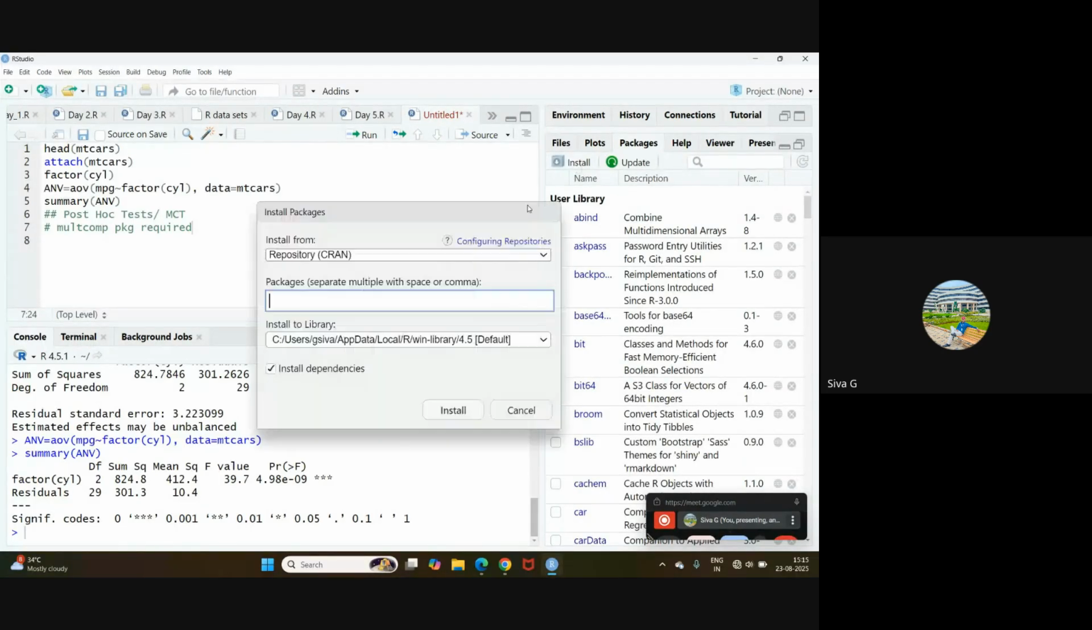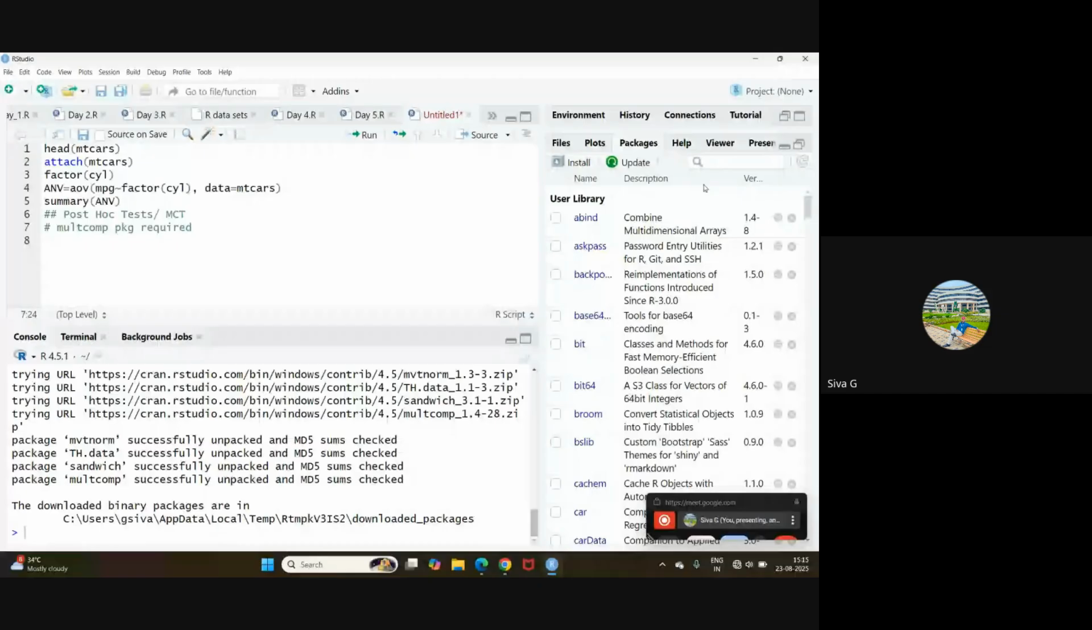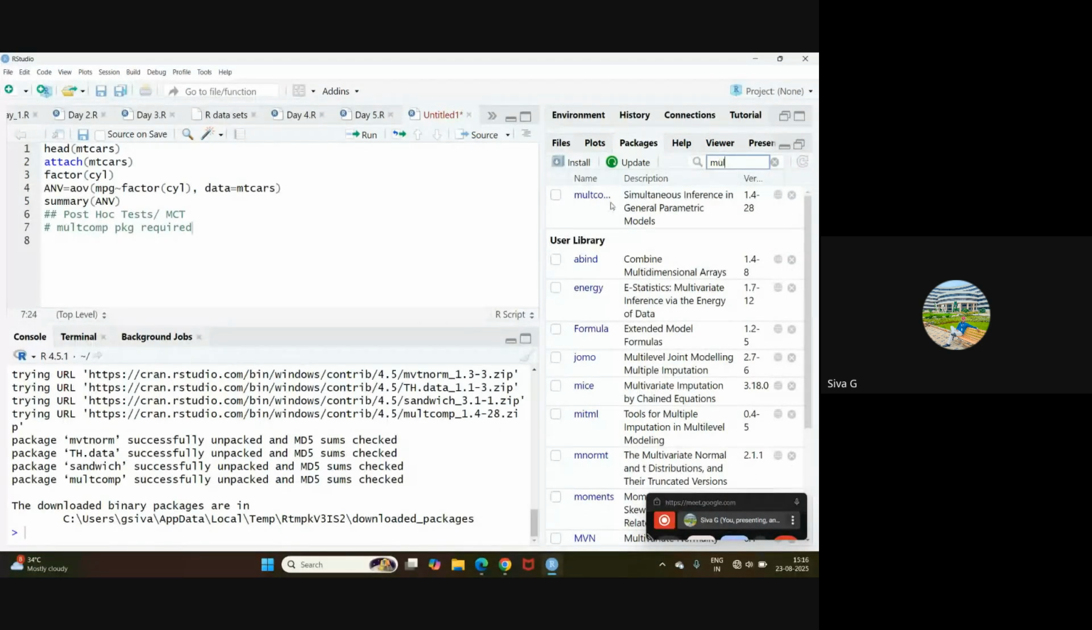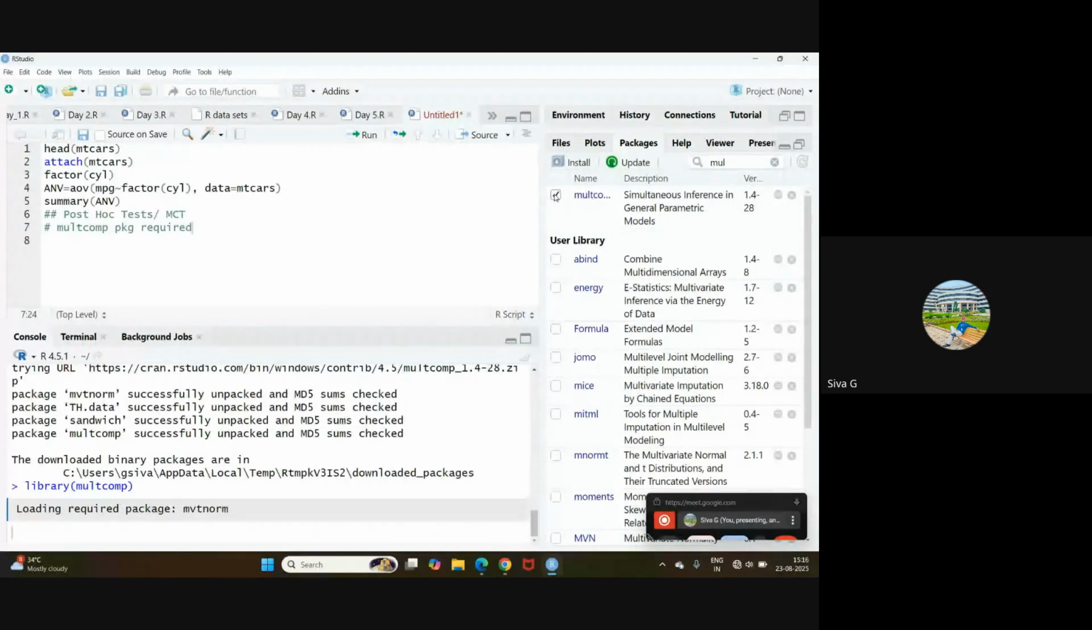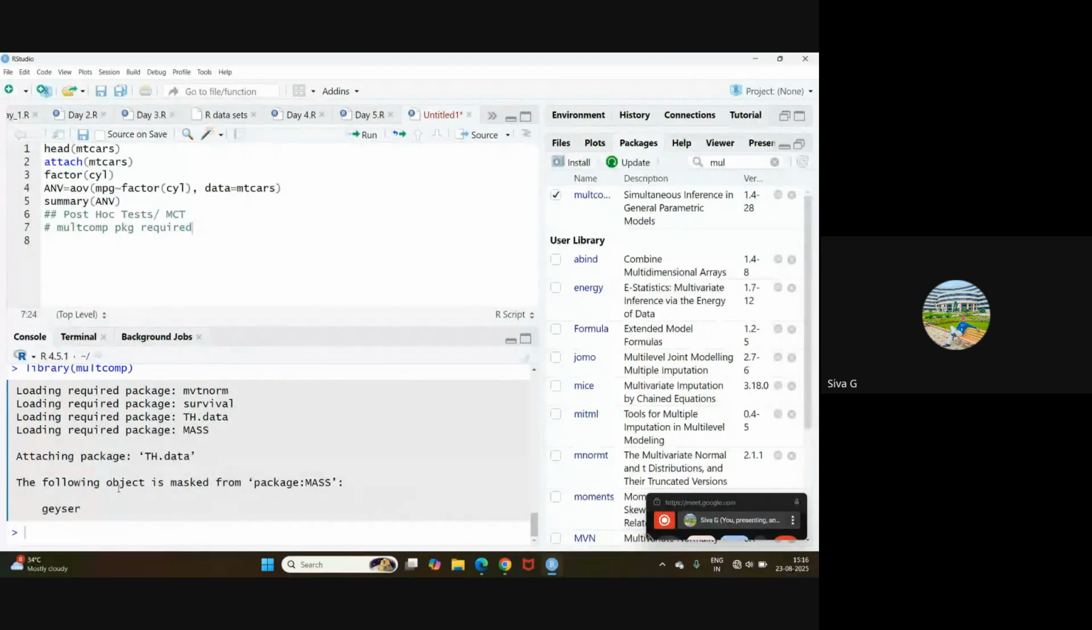So I install packages, multcomp. This means the multiple comparison test. This is a package required, so I'm just installing. Here we'll search for that one, multiple comparison. Yeah, we got it: simultaneous inference in general parametric models. Fine. So I have loaded this multiple comparison test into my R console, successfully loaded. So one is installation, the other is loading into the R console. Now the code is,